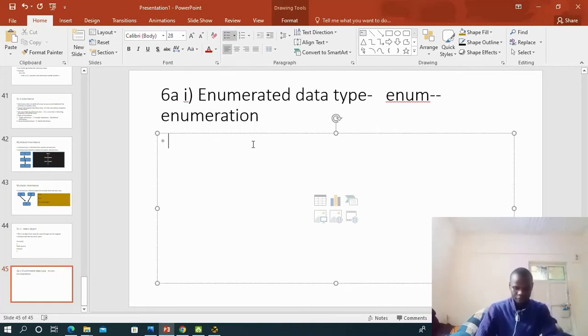So enumeration or enumerated data type is a user-defined data type